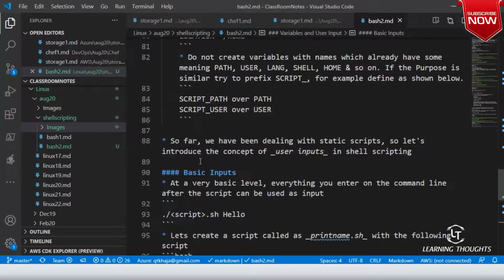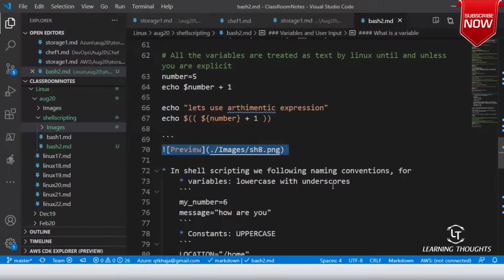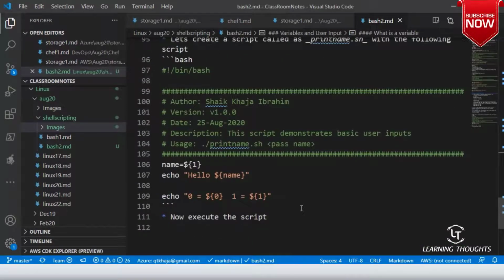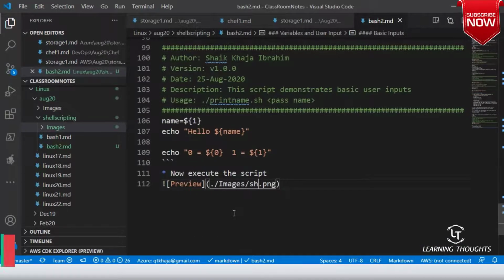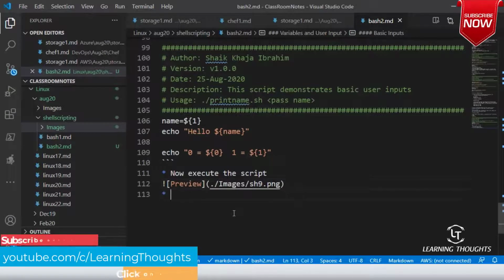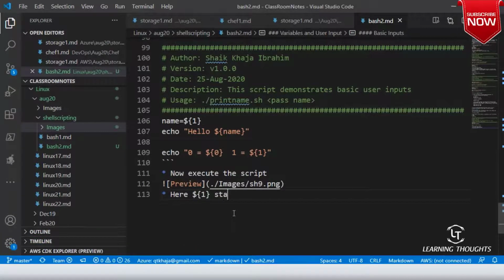Whenever you execute the script, we got our results. So here $1 stands for the first positional argument. So what does $1 mean? First positional argument.